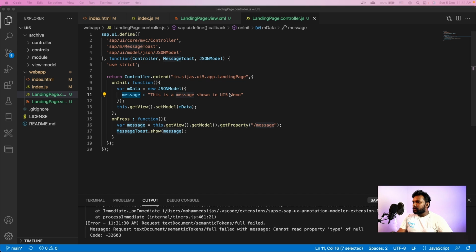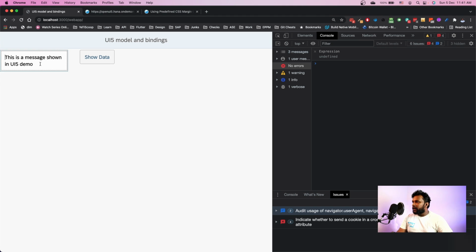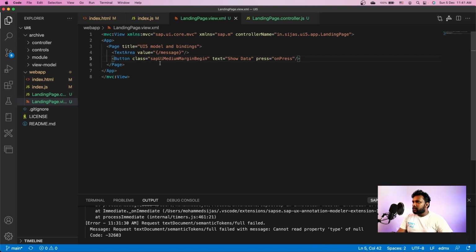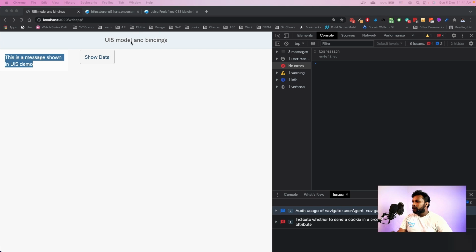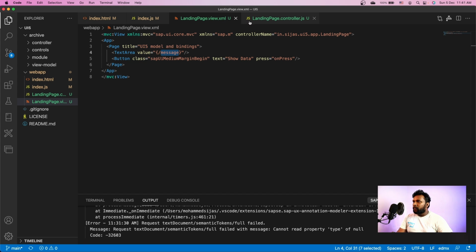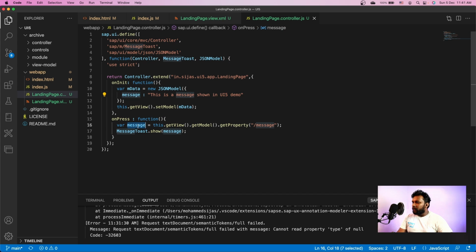This is shown, and when I refresh, it is reflected here due to the binding, which is done over here by saying /message. Now, when I click show data, the message is picked up by the onPress event using getView, getModel, getProperty message, and shown here.